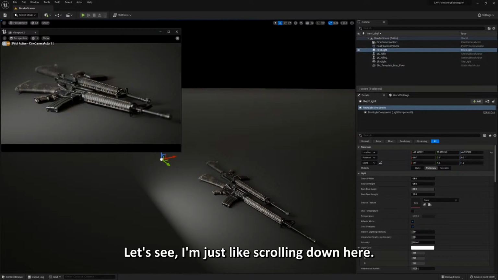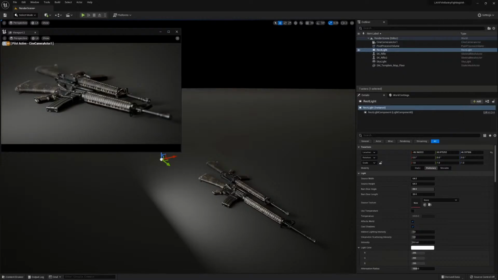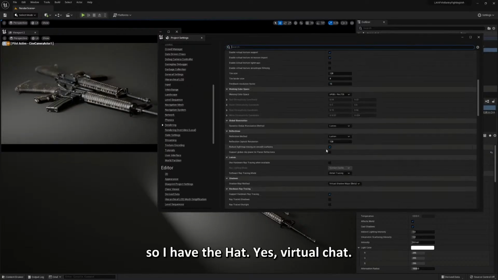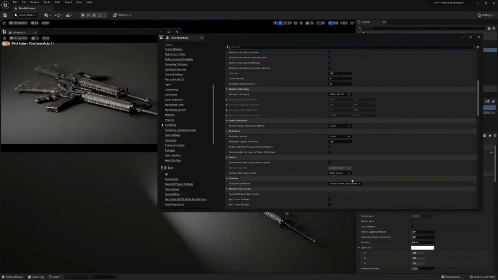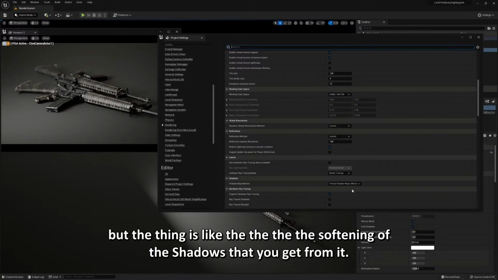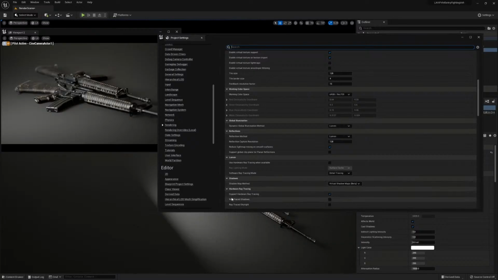Let's see. Just scrolling down here. Settings, project settings, rendering. So I have the virtual shadow map turned on. And this is really good for exterior stuff. It can also work decently enough for interior stuff. But the thing is the softening of the shadows that you get from it definitely has very hard limitations, as seen in the earlier lessons. So I have the support for ray tracing on here,